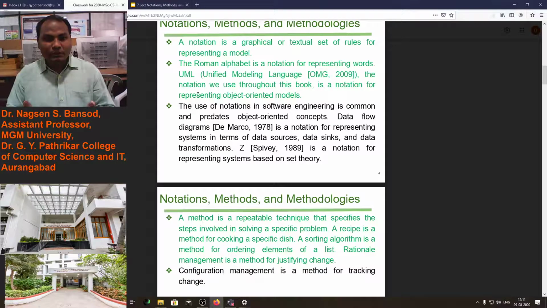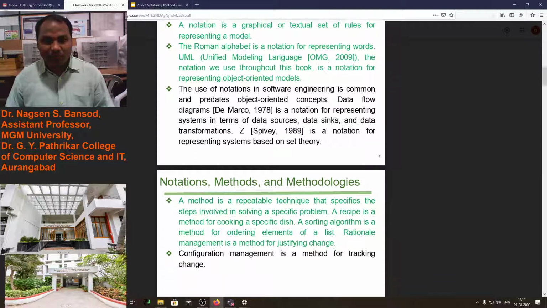We use the Unified Modeling Language according to the book of OMG, 2009. The notation we use throughout this book is the notation for representing the object-oriented model.